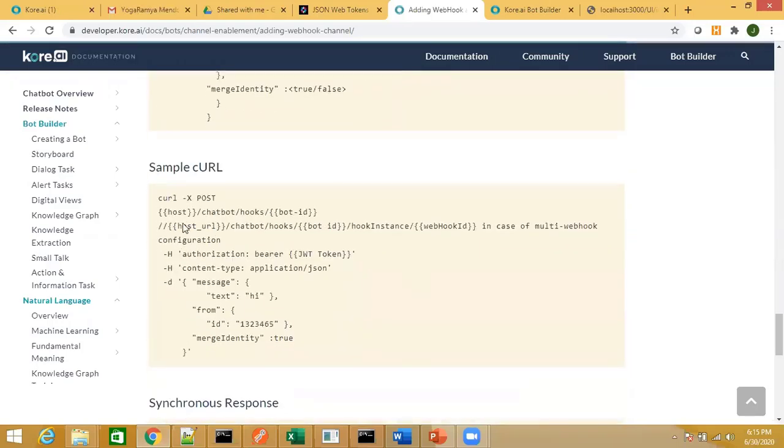You also get the curl request. From any Java program or something, if you want to call, you can use the curl request where you have the authorization, the content type, followed by the message, which is the actual request that you are sending to the bot. Refer to this documentation for the details of how to configure the webhook channel. Any questions on webhook channel?